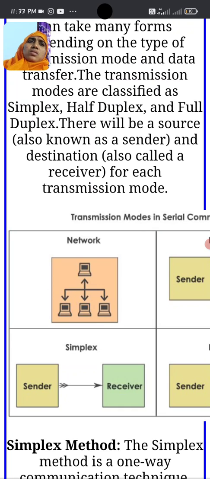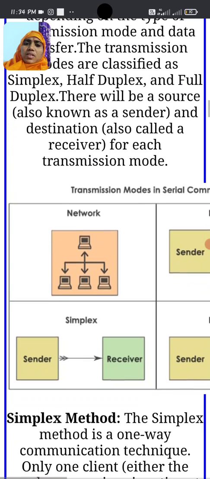The main advantage is that it is very secure, because we can send the data one by one. For longer distances we use serial communication. Why? Because we use only a single cable. Through a single wire we can send the data, it is preferable for longer distances, and the circuit complexity is very low. Serial communication is what we prefer in most embedded systems.